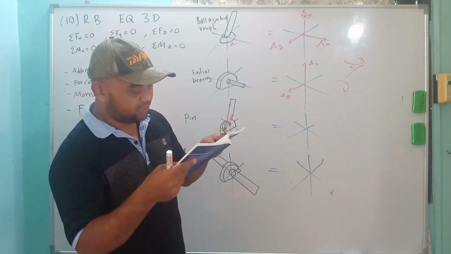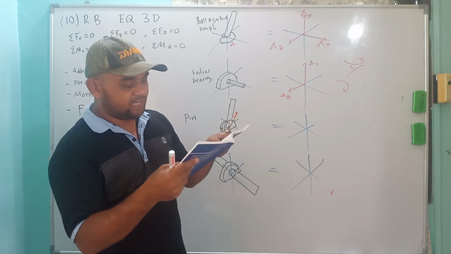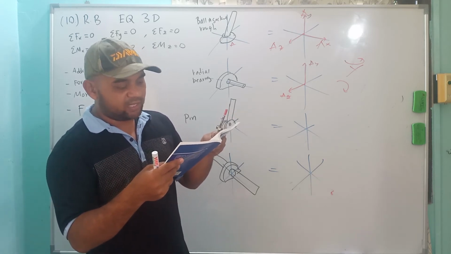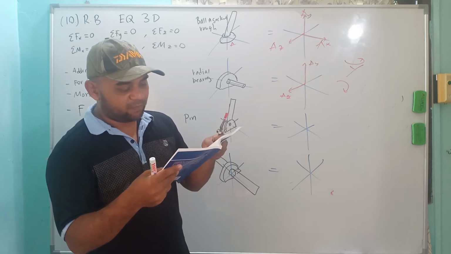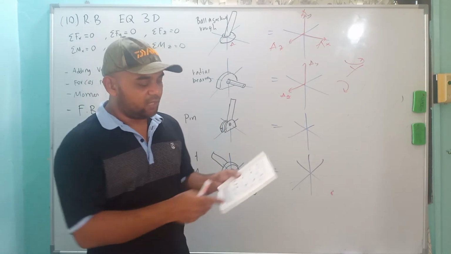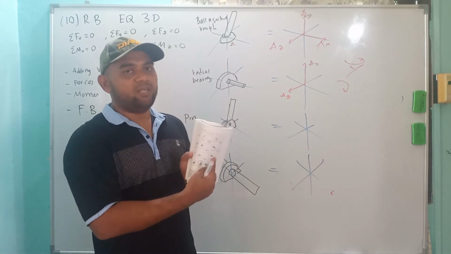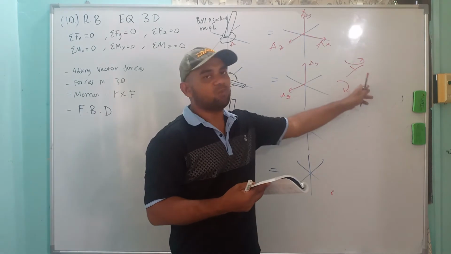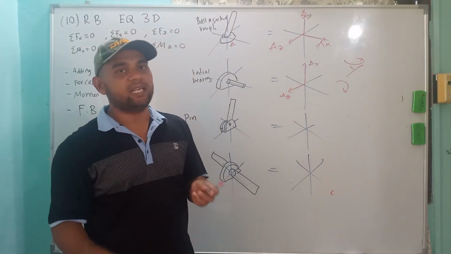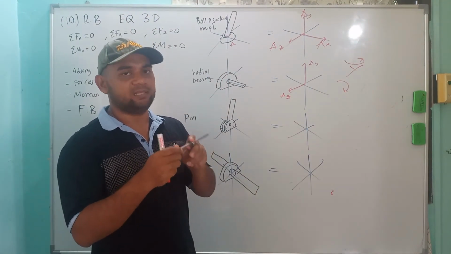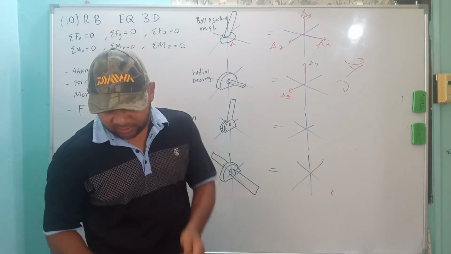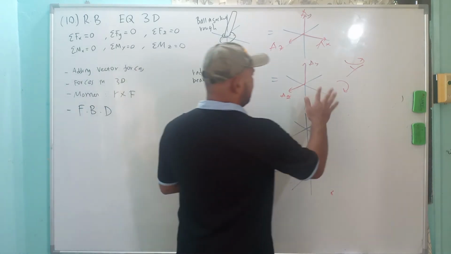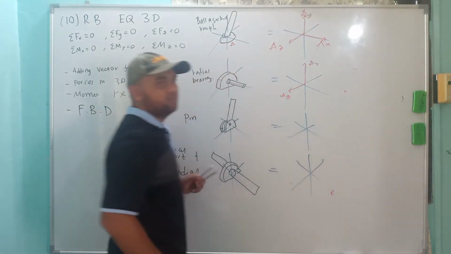Hinge bearing support action, mainly designed to prevent translation in direction. That may also include two couples. Generally will not exert any appreciable couple unless stated otherwise. Even though it is given here, when you draw the free body diagram, if it is not stated, you will ignore these two moments because of the normal design. They will not design for the bearing to exert any moment. So if nothing is said, you just draw these two, no moment.